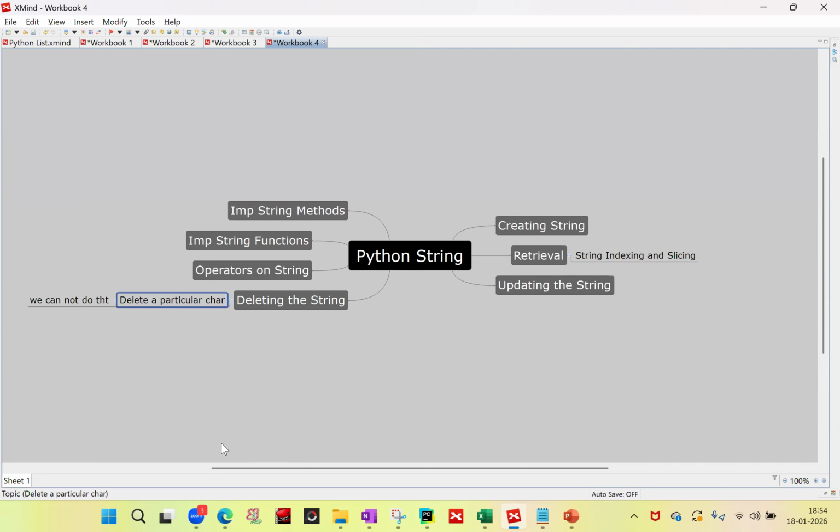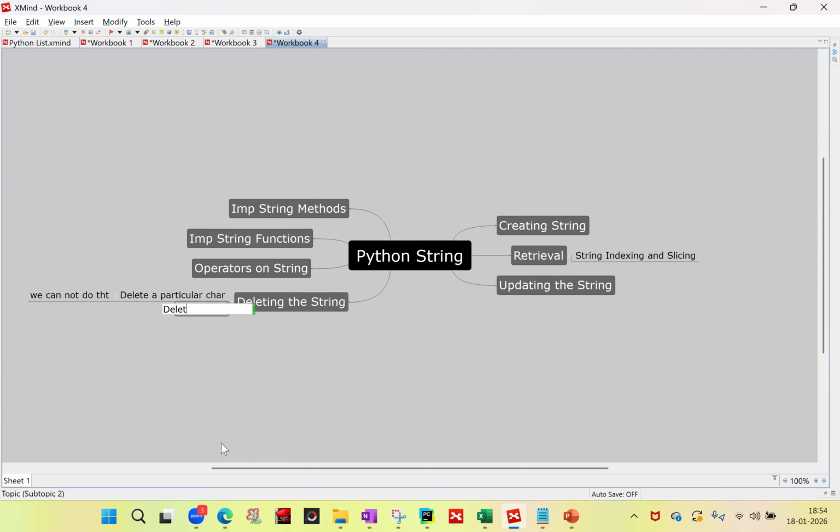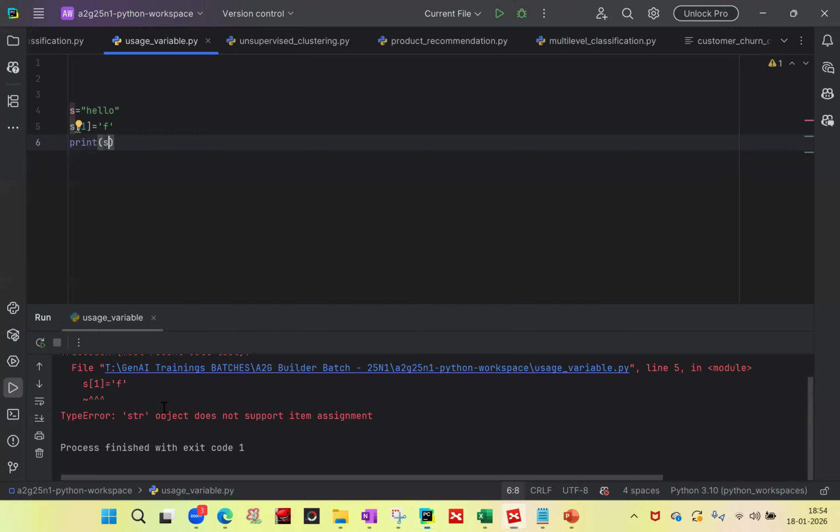Second thing is deleting the complete string. Delete the entire string. This can be done. Let's see how. So let me go back to this code, and okay, in order to delete, we use